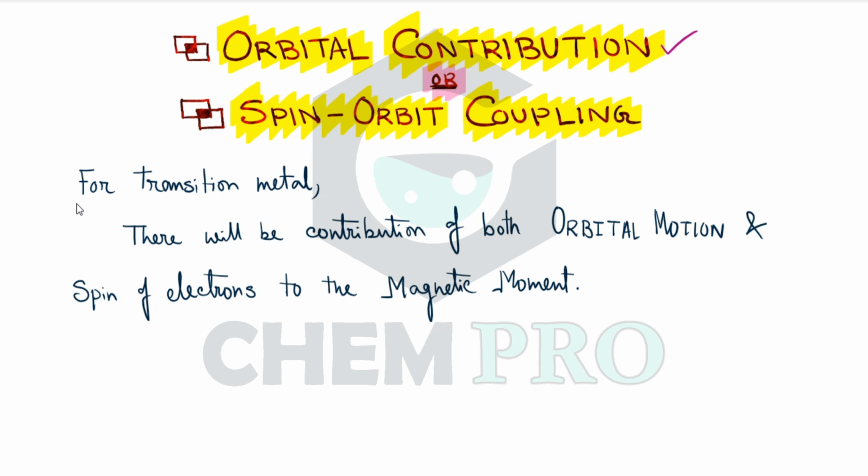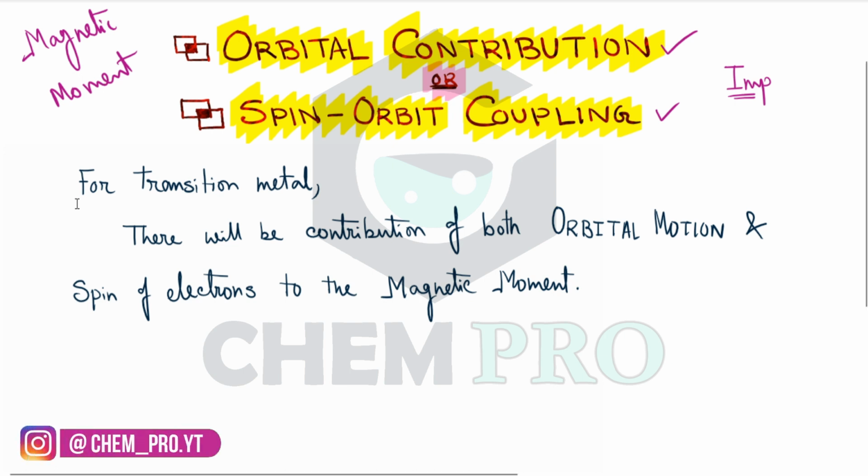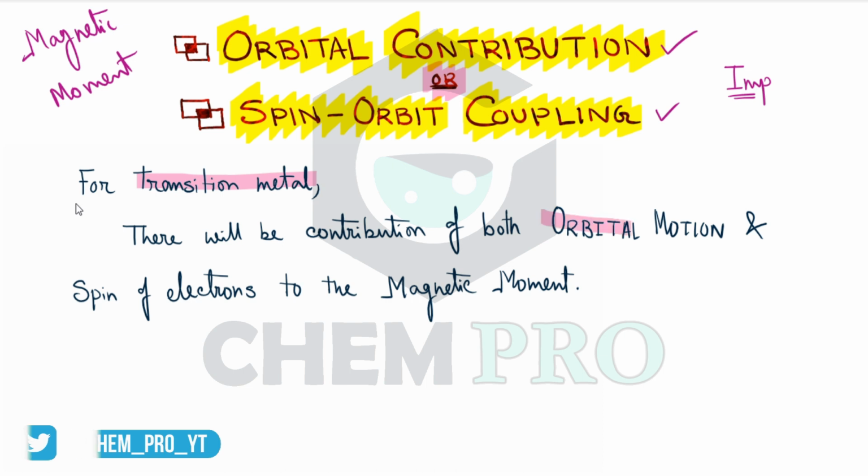Orbital contribution, or spin orbit coupling. This is a very important topic from coordination chemistry when we are going to calculate the magnetic moment of a coordination compound, or when we are going to compare the magnetic moments of several coordination compounds. For transition metals, there will be contribution of both orbital motion and spin of electrons to the magnetic moment,